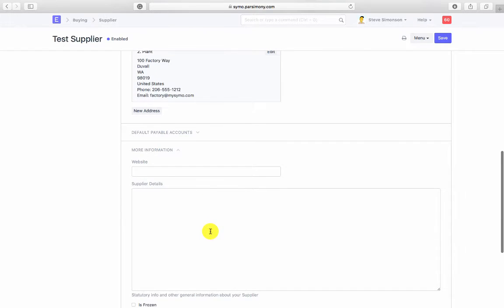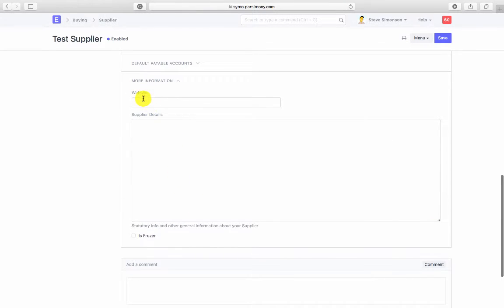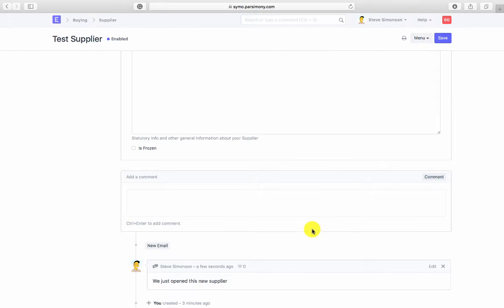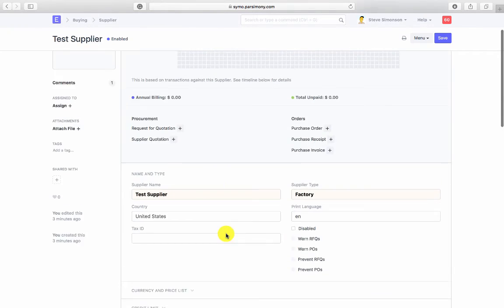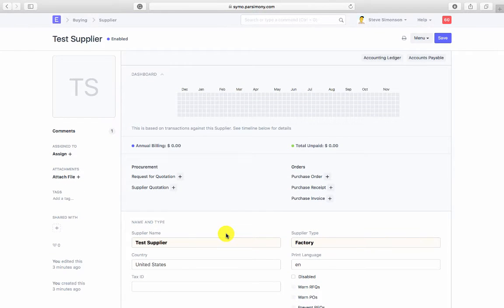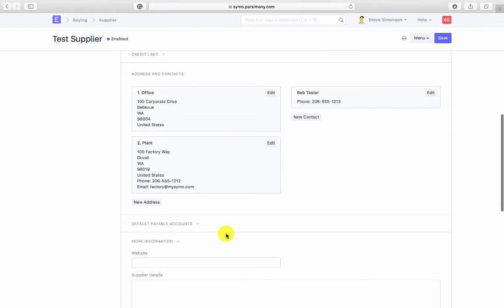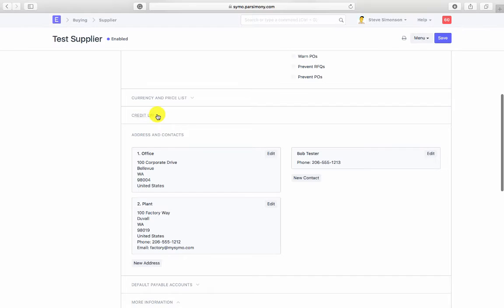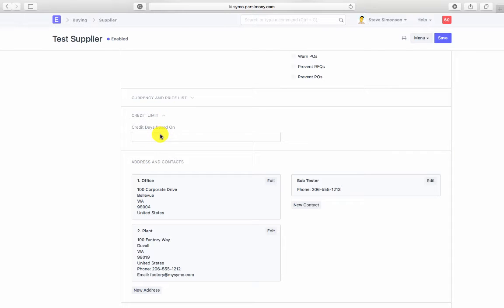Now, you do have other bits of information you can add as far as good etiquette and good processes. You can add any details that you have, any conversations maybe that are relevant to your terms. You can add comments down here like, we just opened this new supplier. Once you enter that comment, that log will stay in this particular supplier. So over time, as your team gets into these suppliers, you're able to add data, whether it is informal data like that or structured data like the contacts, addresses, and we'll say that we have a credit limit of